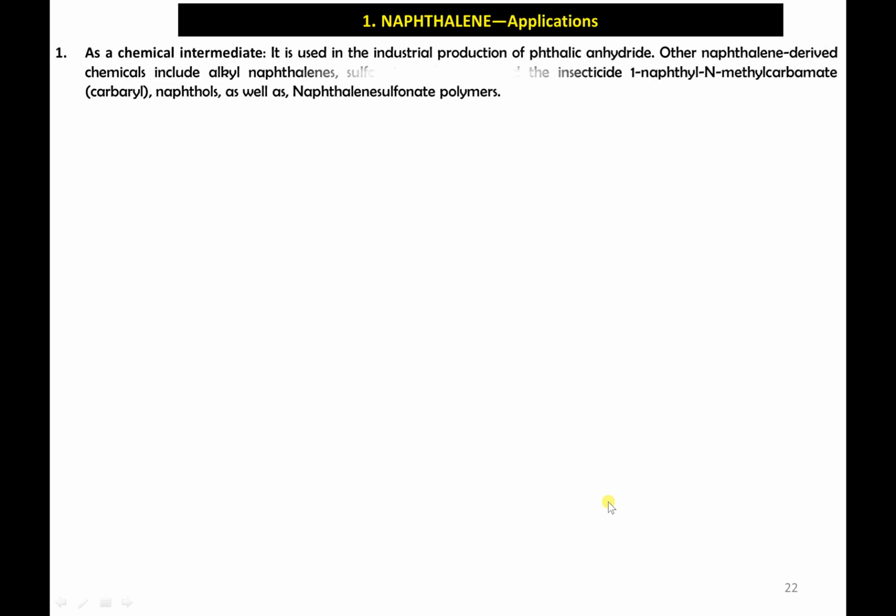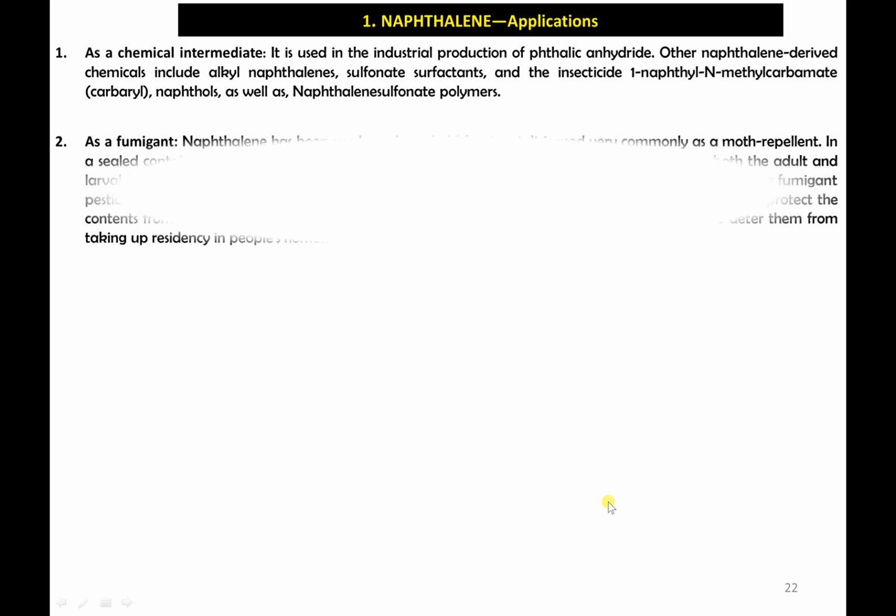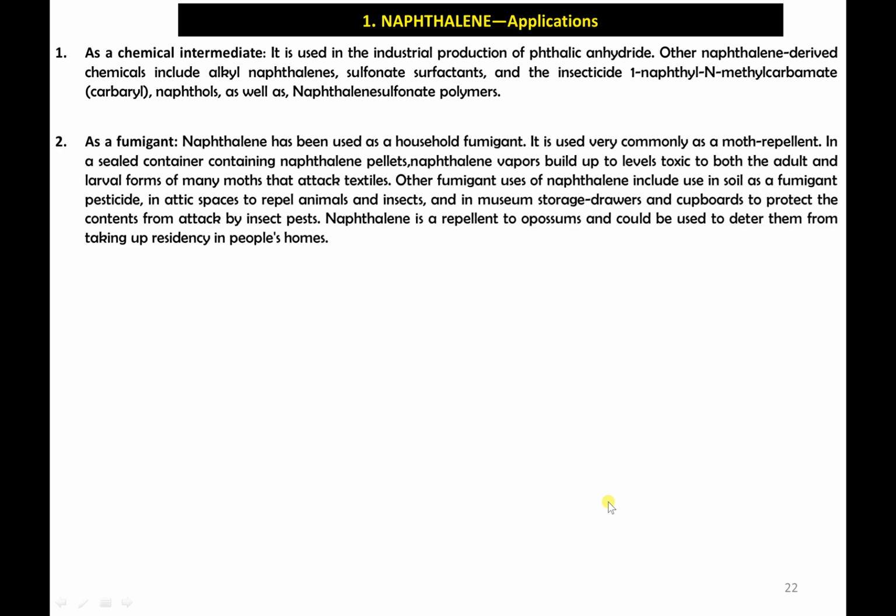Let us see the applications. It is a chemical intermediate used for industrial production of phthalic anhydride or other naphthalene derivatives like alkyl naphthalenes, sulfonates, surfactants, and insecticides like 1-naphthyl N-methyl carbamate called carbaryl, naphthols as well as naphthalene sulfonate polymers. So it has a wide application in making chemical intermediates, but it is also widely used as a fumigant for